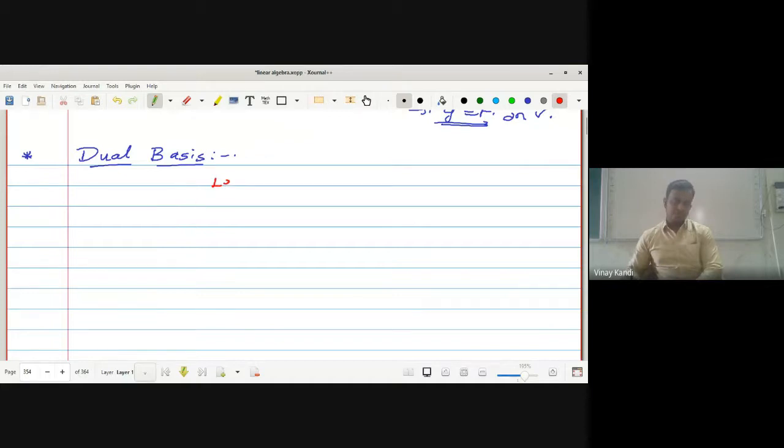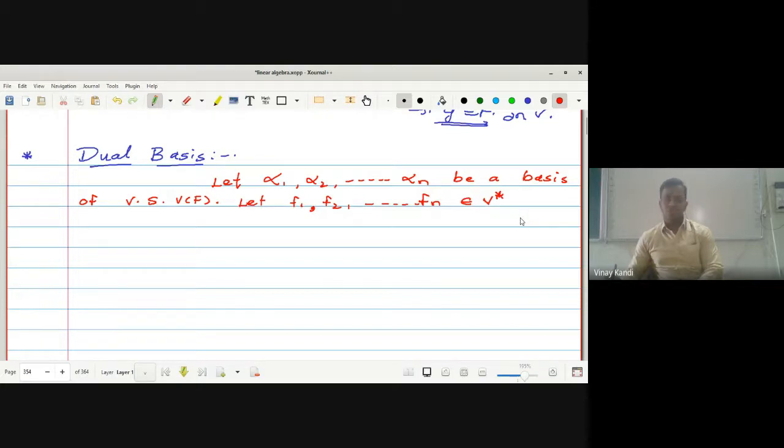Let alpha 1, alpha 2 up to alpha n be a basis. Suppose this is the basis of vector space V over F, and let small f1, small f2 up to small fn belong to V star, that is the collection of all the linear functionals on V, be the linear functionals